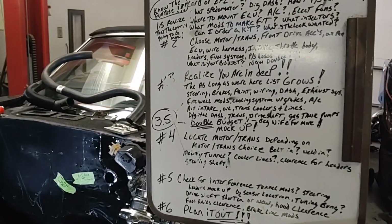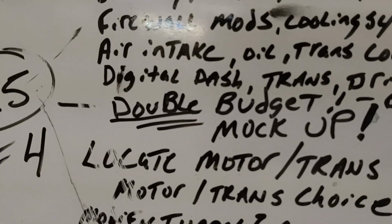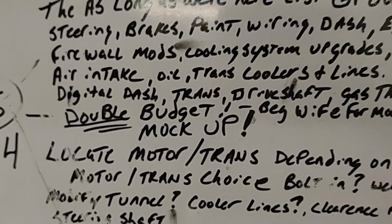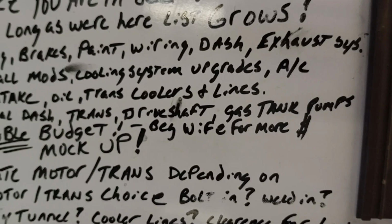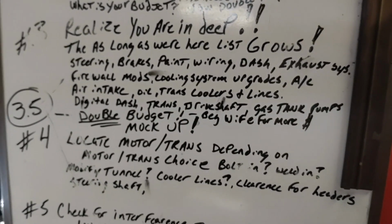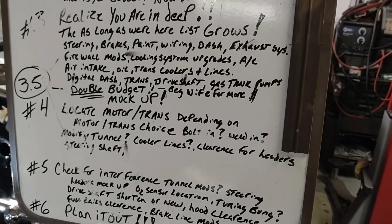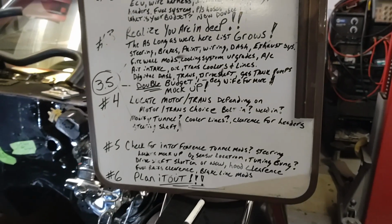And now, at this point, at step 3.5, what you're going to need to do is double your budget. You already blew it out of the water on what you thought it was going to cost. And now, what you need to do is beg your wife for more money for this project. And that is all going to happen before step number 4, when we start to mock everything up. You're going to need more money before you get to that point. And now, with step number 4,